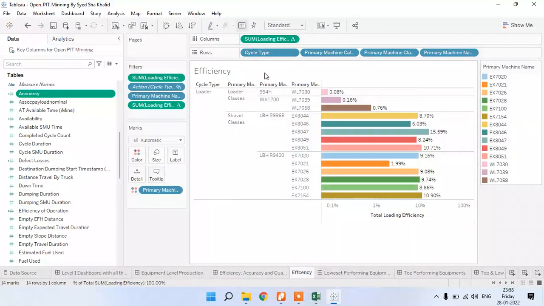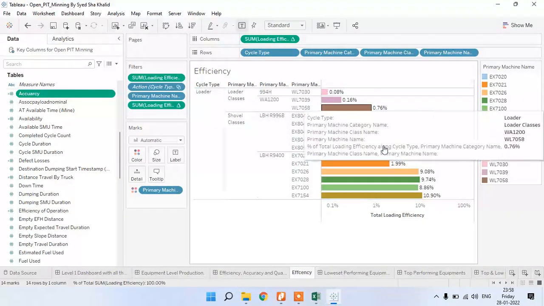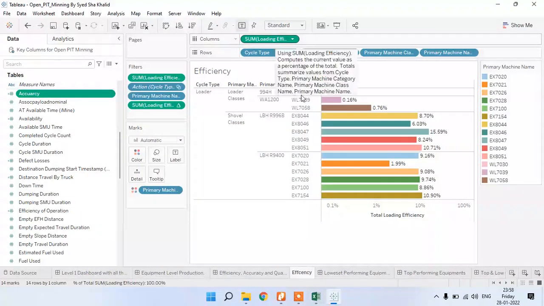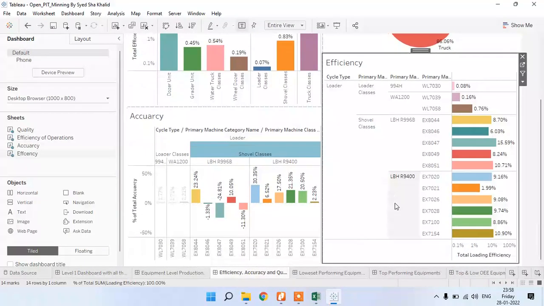The efficiency column is there, for the loader cycle only the efficiency column is given. Sum of efficiency I have taken. Class type, primary machines only I have taken here, category and primary machine category in class of primary machine, and then primary machine name also I have considered here. Since I have taken it only for the loader cycle, I can consider the primary machine name also here. Like that, sum of efficiency I have taken. Okay, this efficiency column is over.